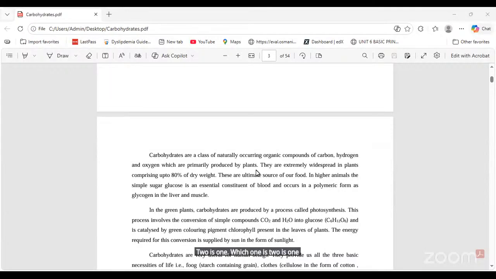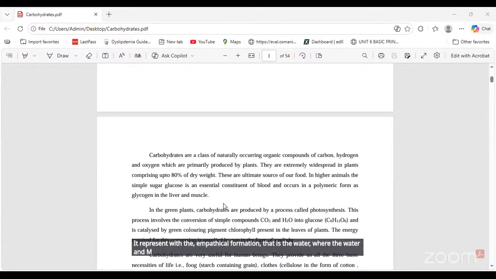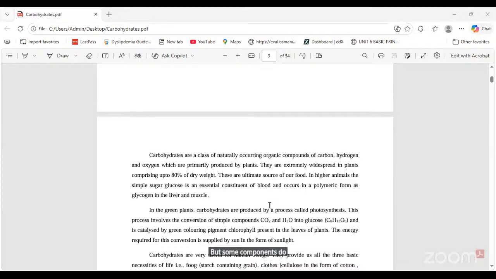Oxygen and hydrogen are in the ratio 2:1, as in water, where you can observe it. It is represented with the formula for water, and carbohydrates CH2O in brackets, n number of times, yes or no, girls? But some components do not follow this